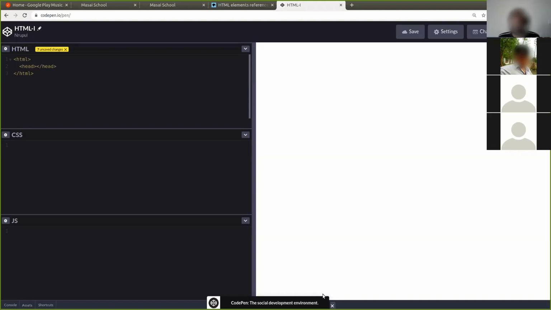Whatever you want to show in the page, you have to put in a tag called body. You see the syntax, I'm writing the tags, closing and starting. It's a very good habit to close the tag as soon as you open it, because you might forget it, and then it's going to create an error.